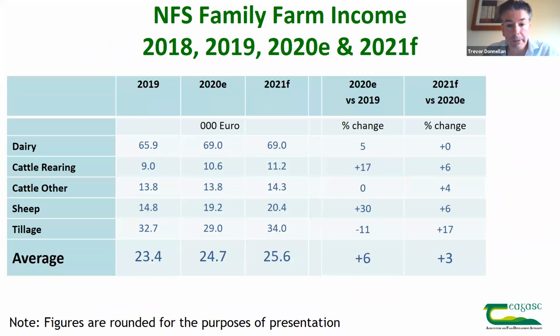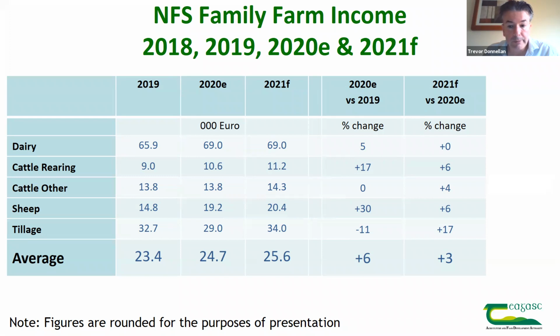Now, what does all that mean for the individual systems? And as you can see here, there is quite a range of average income levels across these systems. And of course, you shouldn't infer that the average income in a particular system is the income level of all those farms in that system, because there is a range of income levels for any of these systems. These are just the averages we're looking at purely to summarize the story.